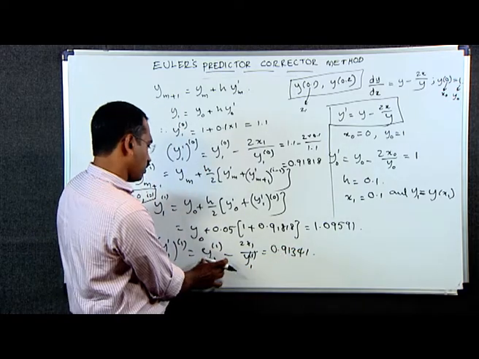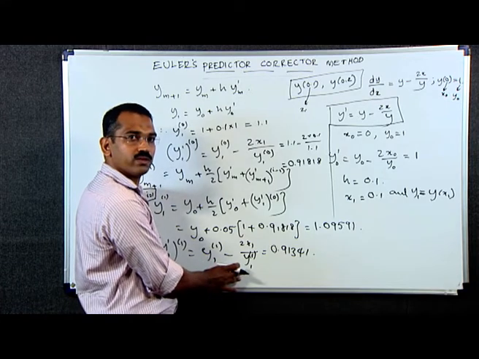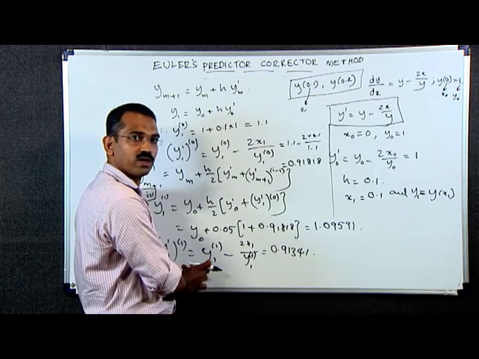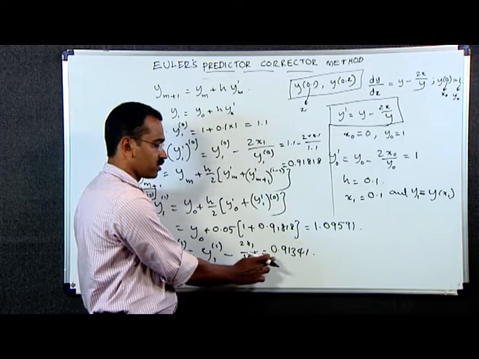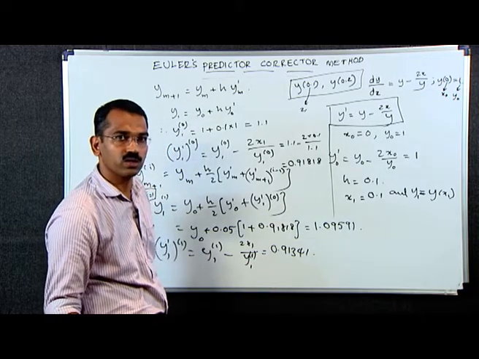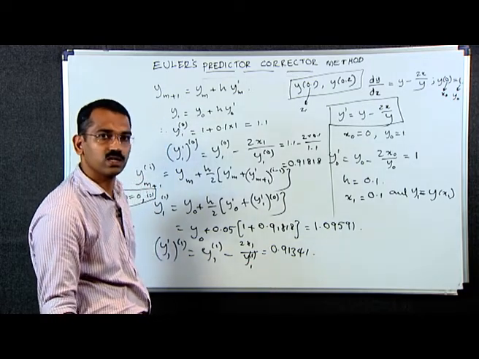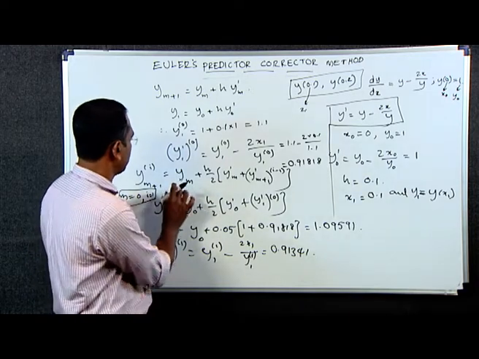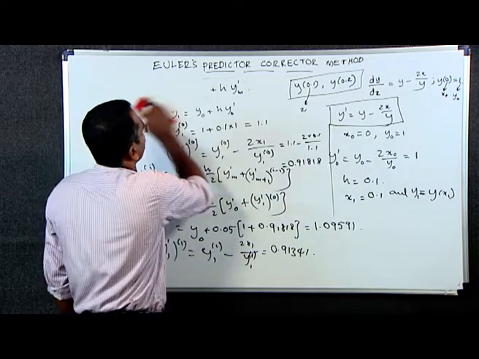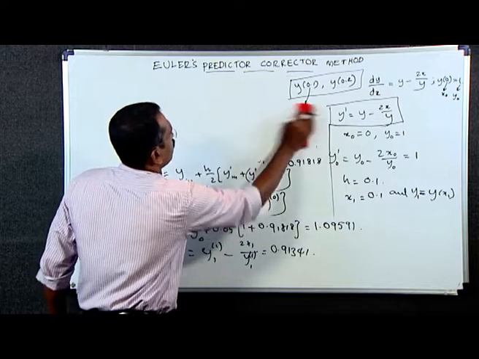By substituting all these values, on simplification, we get y1'(1) as 0.91341. Now, taking i equal to 2 in this expression, we will get